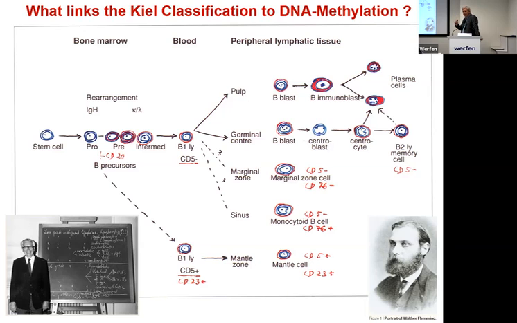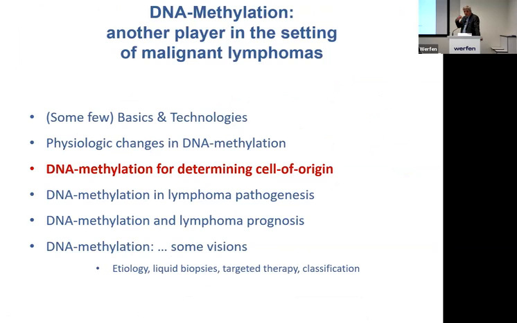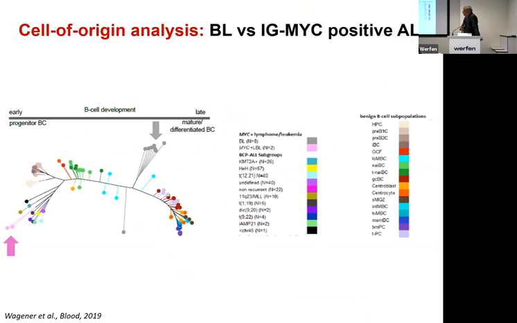And that's nothing else than the epigenome. It's nothing else than the DNA methylation-driven epigenome, and its chromosomal location. And this guy also coined the name of germinal centers. So I think he has to be put aside here with Lennert. But if you now look into a microscope, think about you're looking at the epigenome there. Okay, so what I've shown you, we can use diagnostically, we can determine cell of origin.